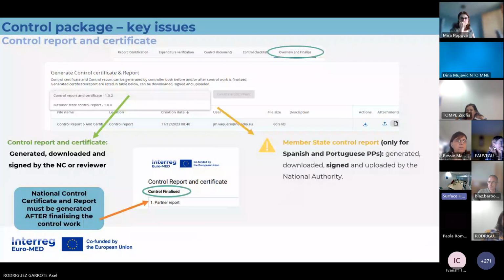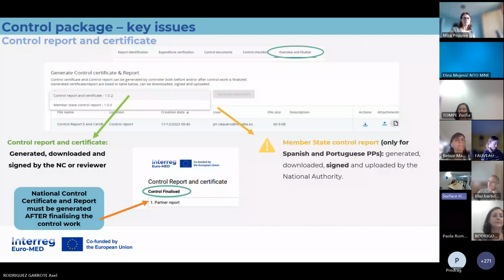So the second document, so we saw the checklist. Sorry, can I interrupt? Related to those checklists, I just checked our partner report, and there is just one certificate issued by the national controller. There is nothing mentioned about the accounting system, as I can see now.